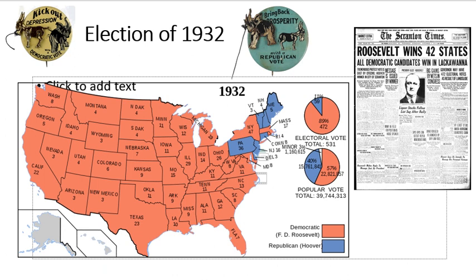This is not just an election where FDR wins, but really a shift in how the Republican Party and Democratic Party are going to be seen in their interactions with who should be in control. To give you a better example, FDR is going to say that the way to fix the Depression is to have the federal government step in and make decisions, so it's equally distributed for all the different states. The Republicans with Hoover are going to want it to be a state-by-state, local issue, a local control response. His idea was that the people at a local level know better what is good for the people